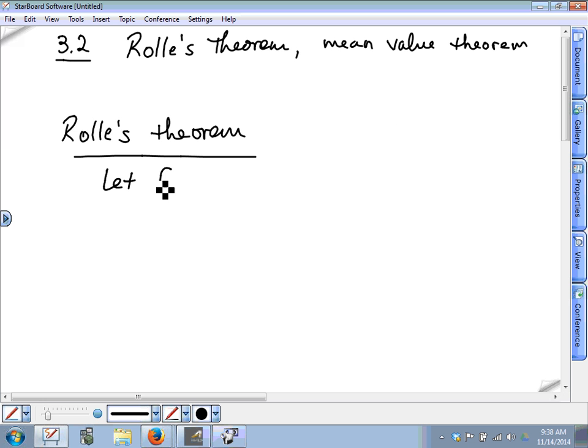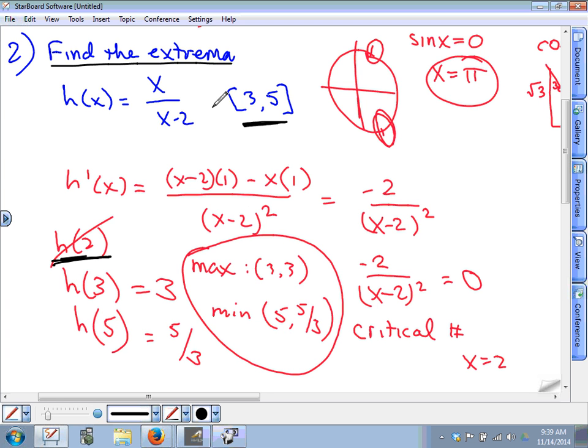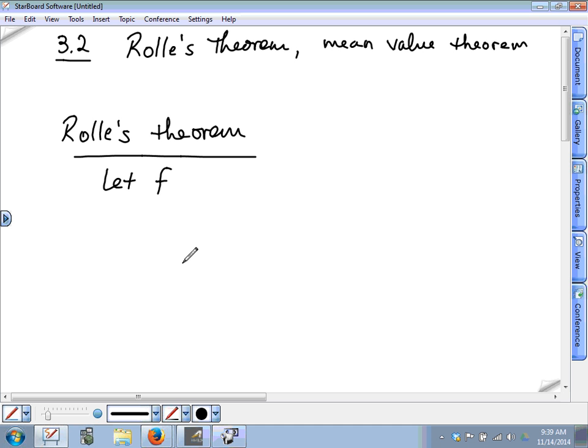It says let f... Just curious, why was that last question undefined? Because there was a vertical asymptote. Because it makes the denominator equal 0. Wouldn't there be a vertical asymptote there? Yeah. Which means in this interval, is this function continuous on that interval? No. Rolle's theorem says let f be continuous on